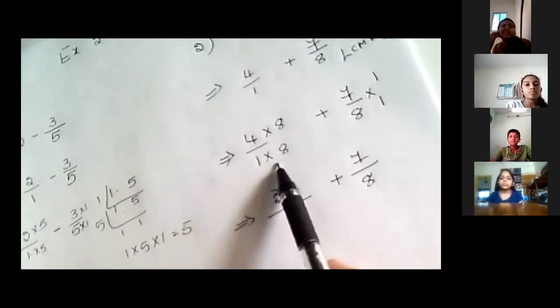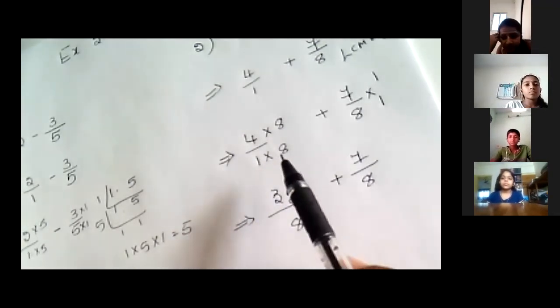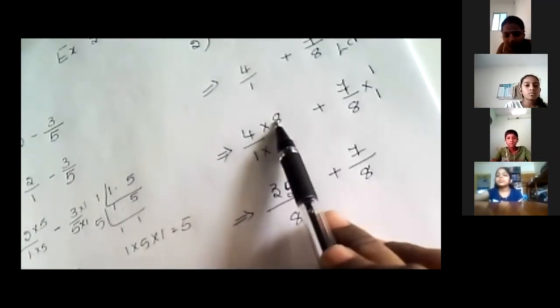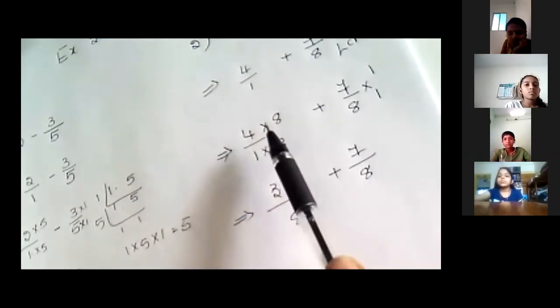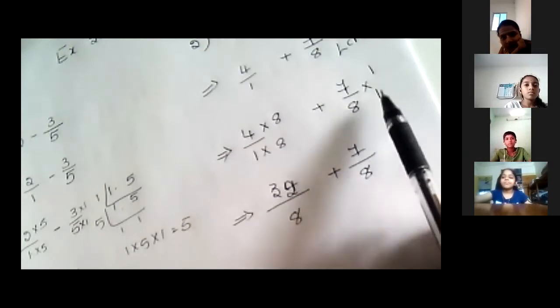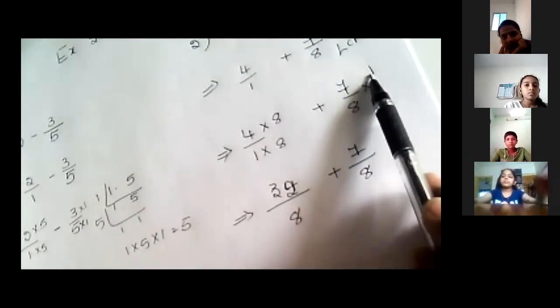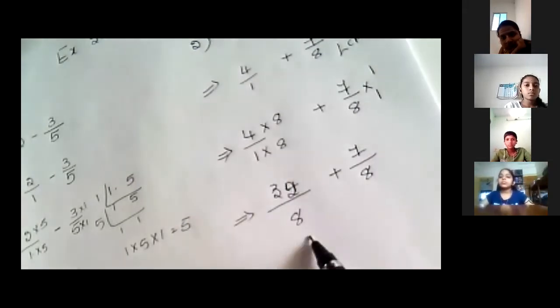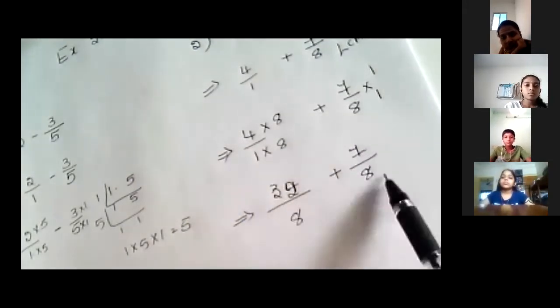In the 8 table, 1 ones are 1, 1 twos are 2, 1 threes are 3, 1 fours are 4, like that 1 eights are 8. Same 8 I will copy for the numerator. And here 8 ones are 8, same 1 I copy for the numerator. So now 4 8s are 32, 1 8s are 8, 7 ones are 7, 8 ones are 8.